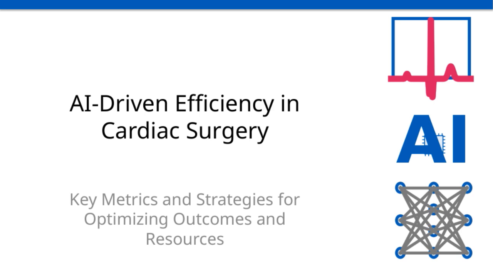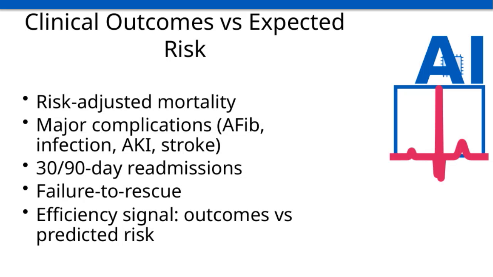So let's get started. Let's take a closer look at some key outcome measures we use to evaluate quality of care. First, risk-adjusted mortality helps us understand death rates while accounting for patient risk factors, so we can compare hospitals fairly. Next, major complications like atrial fibrillation, infections, acute kidney injury, and stroke are critical indicators of patient safety during and after treatment. Then, we consider 30- and 90-day readmissions, which tell us about the longer-term success and potential issues